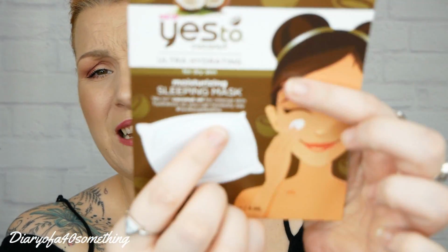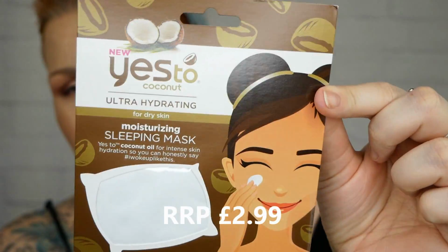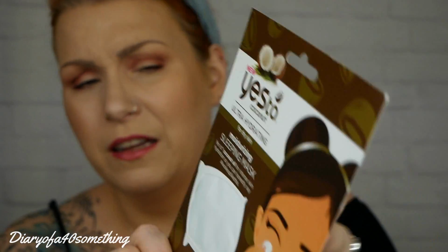And this is a Yes to Coconut Hydrating for Dry Skin Moisturising Sleeping Mask. This is a full size, and you've got a little pouch there full of the cream. I've tried a few of the Yes To masks before, but I've never tried this one, I don't think. It doesn't ring a bell, but it's for dry skin, so that suits me. I've got normal to combination, but in the winter time I find my cheeks and my forehead tend to go quite dry,